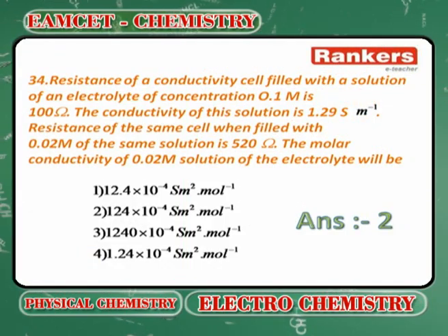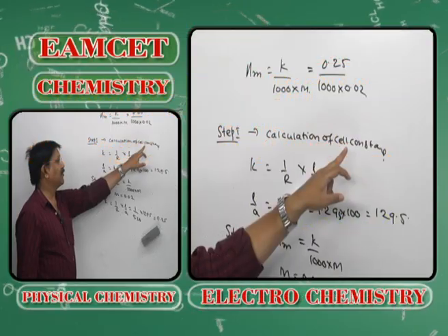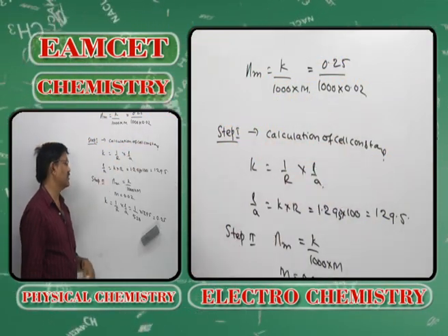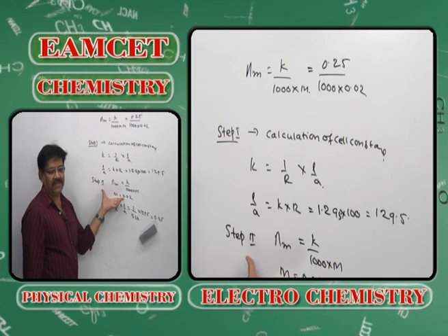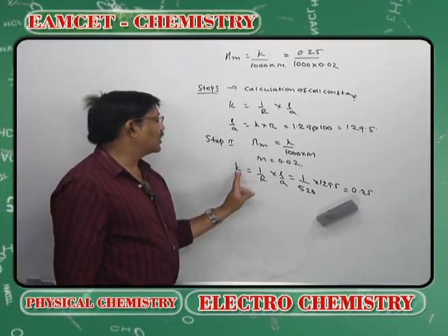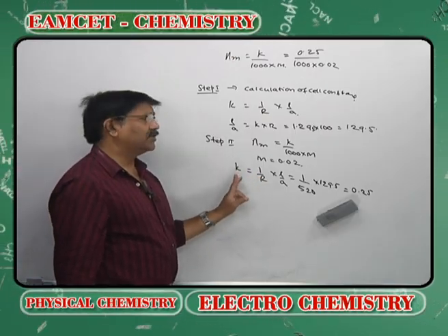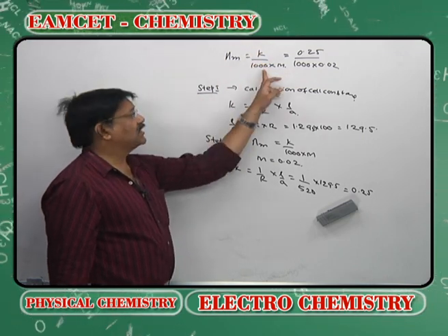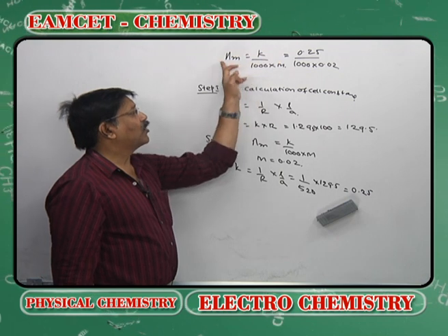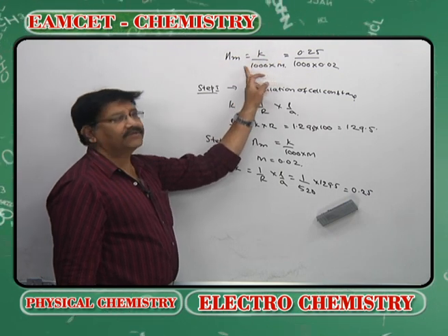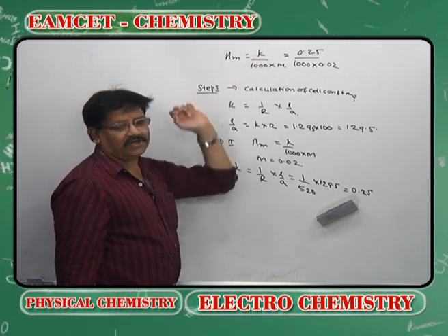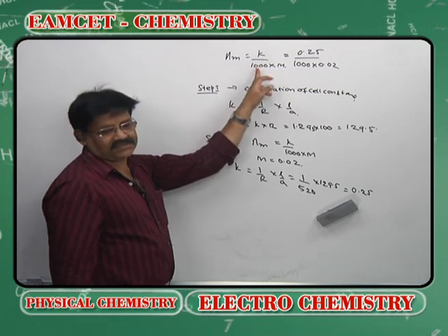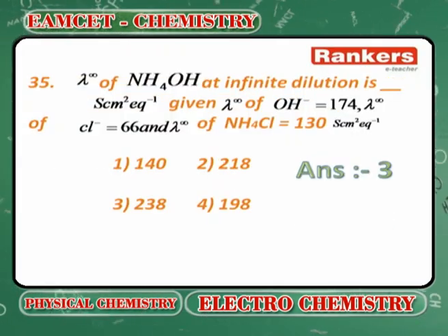So the information given in the first part of the problem can be utilized to calculate the cell constant. From the information given in the second part, we calculate the specific conductivity and substitute in this expression. In MKS system, this 1000 will go into the denominator. Remember this. Next,